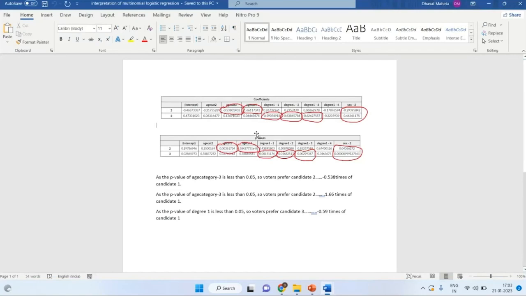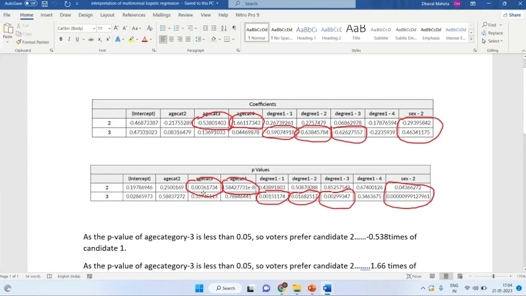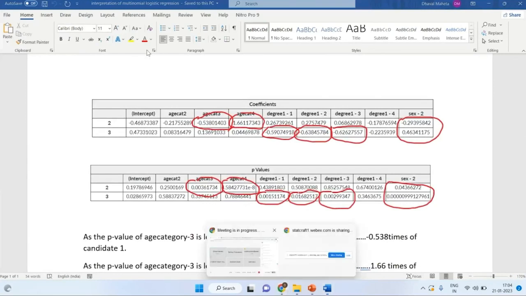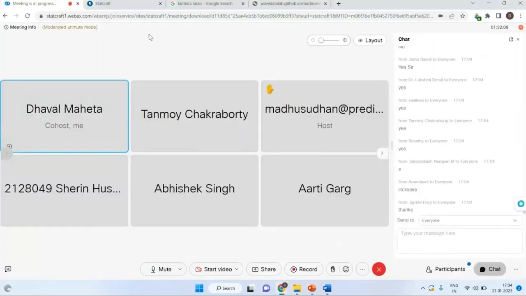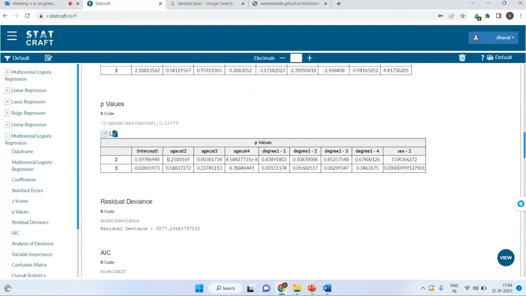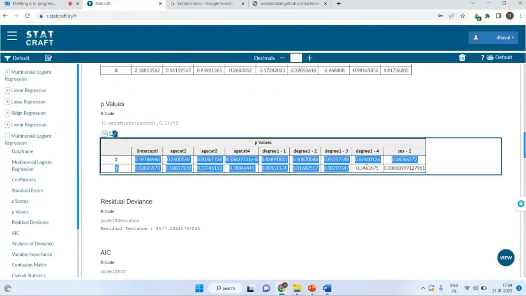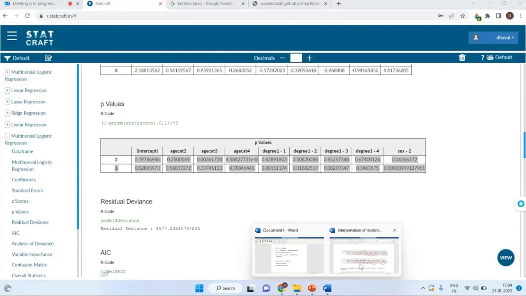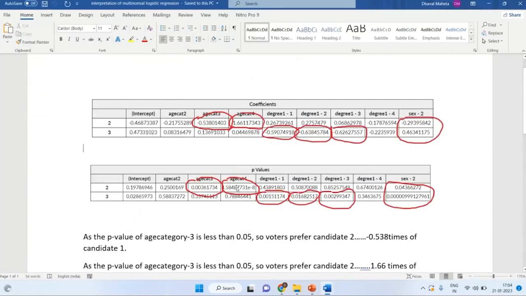You have to see the p-value. Wherever the p-values are less than 0.05, the same you have to highlight in coefficients also. Wherever the p-values, see this in STATCRAFT, you have to see first the p-values, this. Okay. So wherever the p-values are less than 0.05, those categories are significant in deciding